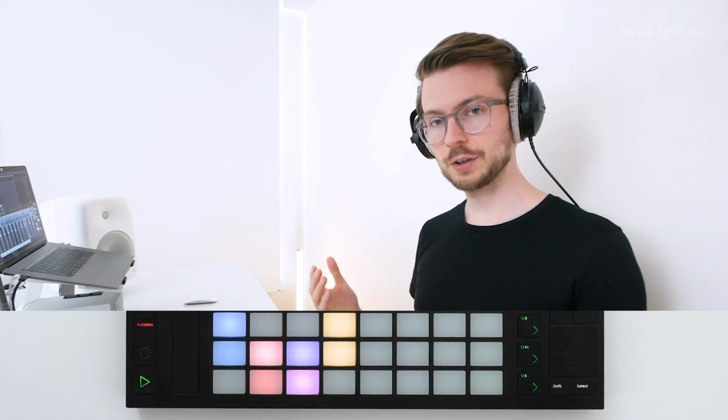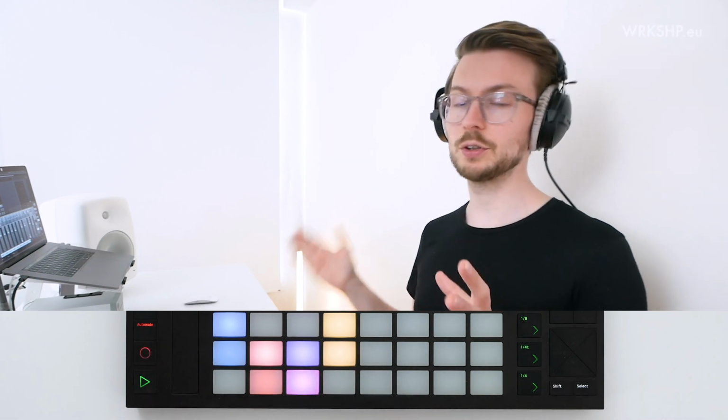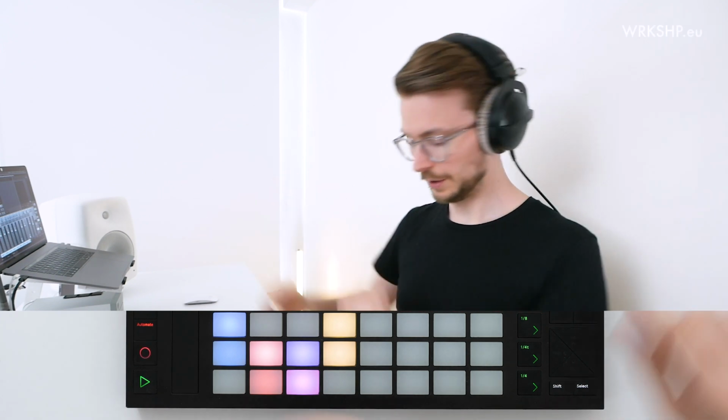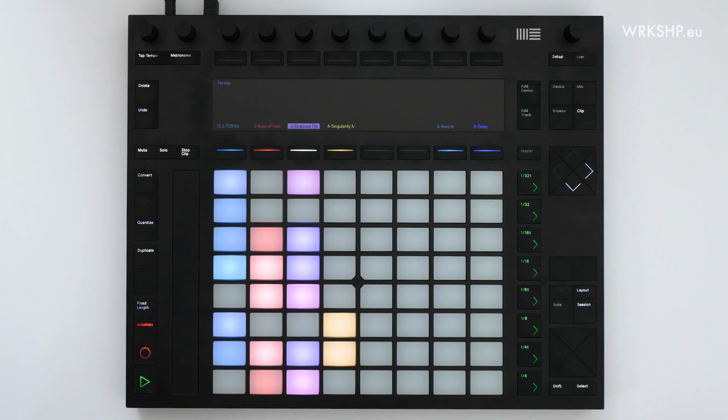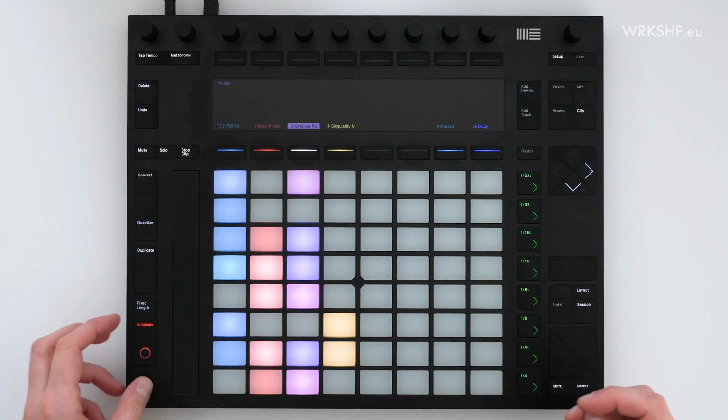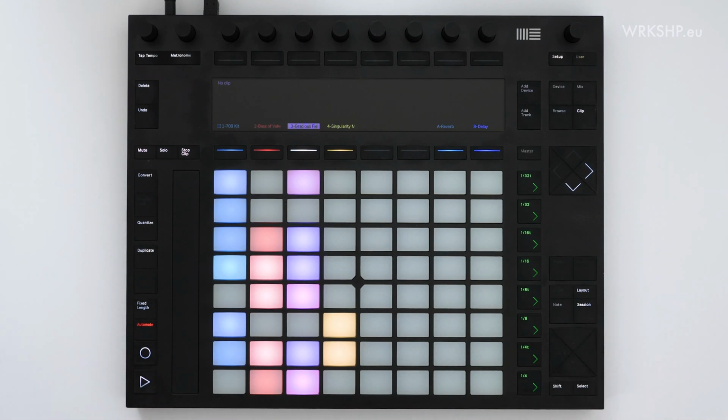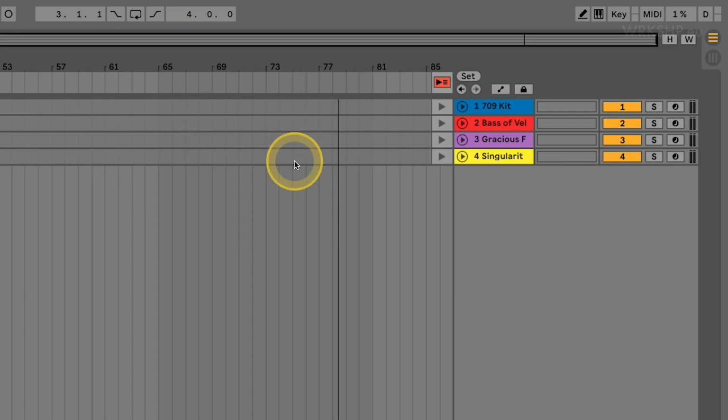If for one reason or another you want to activate the recording mode that you're not looking at on screen, then it's Shift and record. I hope that's clear. It does take a moment to get used to it, but it's just a kind of shortcut to give you access to it if you need it. To stop recording, I can of course either just press record here or just press play, and that will stop everything. Over in Ableton Live, I just want to do a couple of things, however, before I get going.